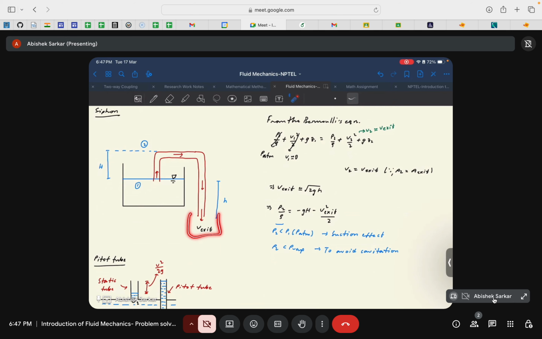Once you have the suction pressure, it will pull the fuel out of the tank and it can be filled in a container, and that can be used to fill the fuel tank of your vehicle, so that you can reach the nearby petrol pump and refill your tank. So this is one of the very day-to-day life applications of siphoning, and of course for any researchers who are reviewing this session, there are n number of research areas where siphoning can be applied and understood in a much better way. Unfortunately, I am not working on siphoning right now, so I only have the very common example